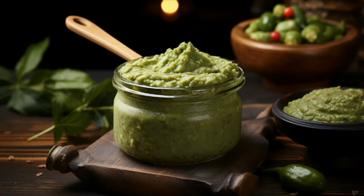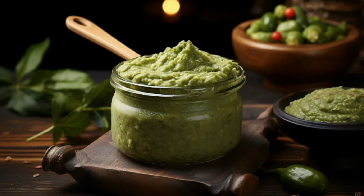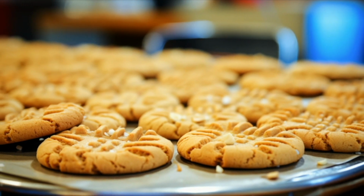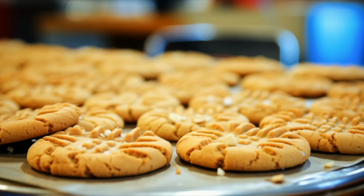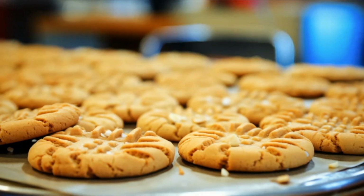A study published in the Journal of the American Dietetic Association in 2001, titled Acceptability of Peanut Butter Cookies Prepared Using Mung Bean Paste as a Fat Ingredient Substitute, aimed to test if mung bean paste can be used as a replacement for butter in peanut butter cookies to achieve similar taste and texture. It is part of a larger initiative to find ways to reduce fat intake as recommended by dietary guidelines for Americans. In the research, mung bean paste was used to replace 25%, 50%, 75%, and 100% of the butter in